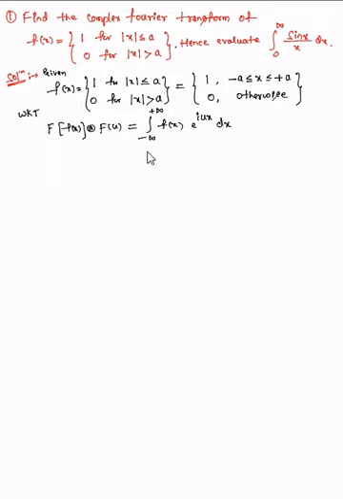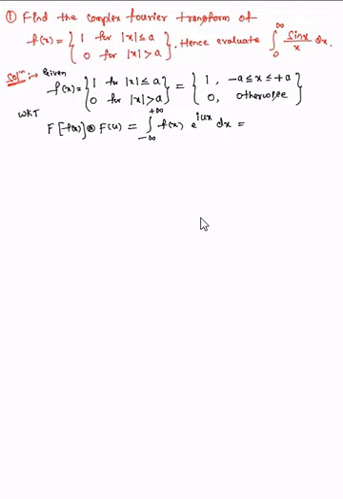In all other cases it is 0, so I can split this integral like this: minus infinity to minus a, then minus a to plus a, then a to infinity. But minus infinity to minus a becomes 0 and a to infinity also becomes 0. So the function will exist only in minus a to plus a. This is by using a property of definite integral. So I replace the infinite limits, minus infinity to plus infinity, by the finite case, minus a to plus a, because the function will exist only in that.